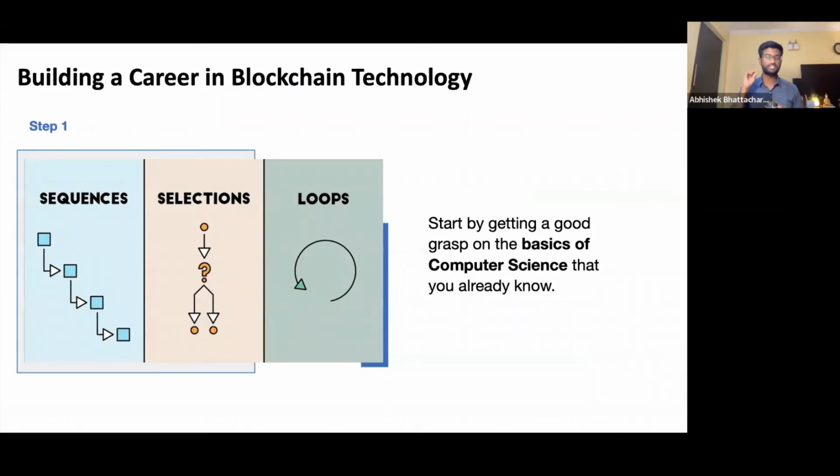This is exactly just touching on the pointers. You can take a screenshot right now or just wait for the YouTube video later on. You can start learning blockchain technology from here. If you do not have a computer science background, it is fine. Just brush up, right? Just try to understand that when you're writing smart contracts someday, what is the kind of